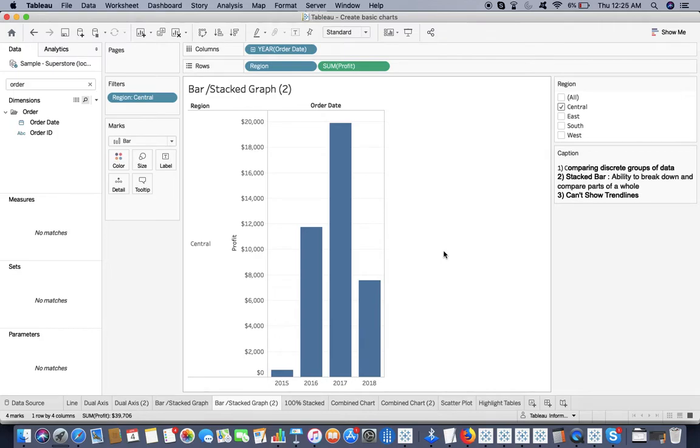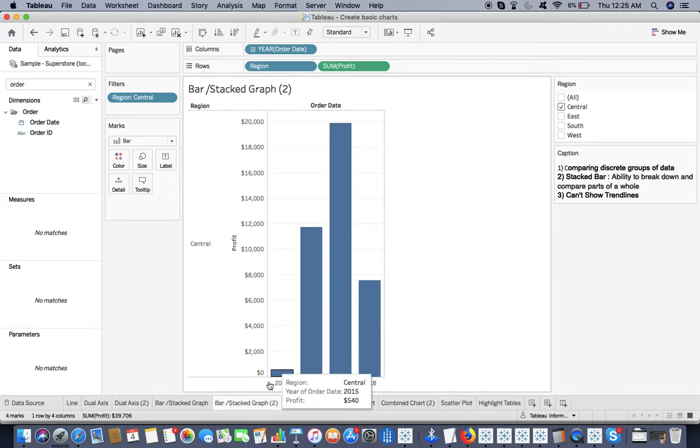Because in bar graph, generally you are comparing discrete groups of data. Sometimes you interchange a line with bar and vice versa, but generally you compare discrete groups of data with the bar graph. And when I say stacked bar